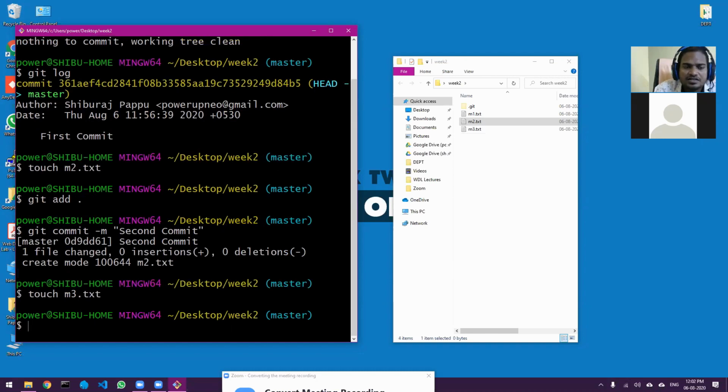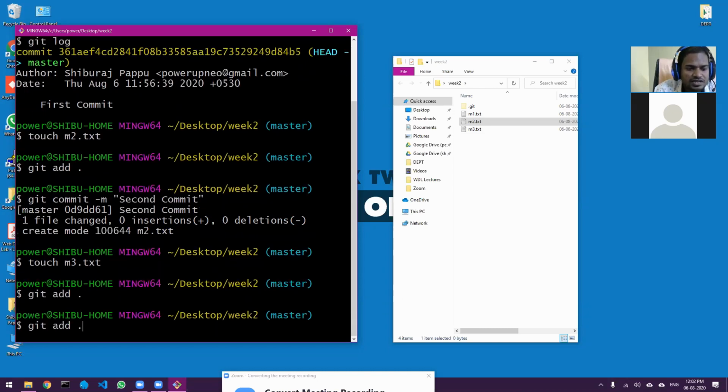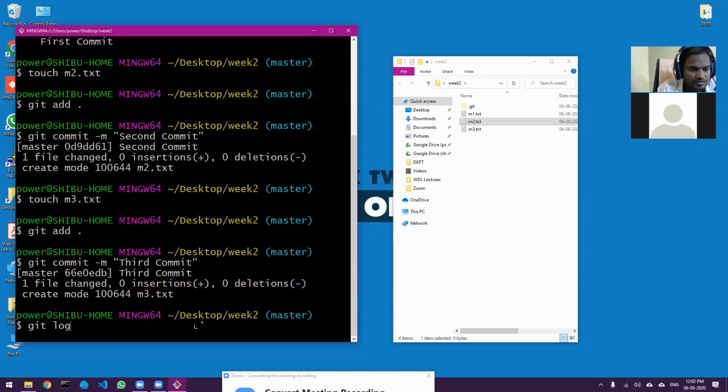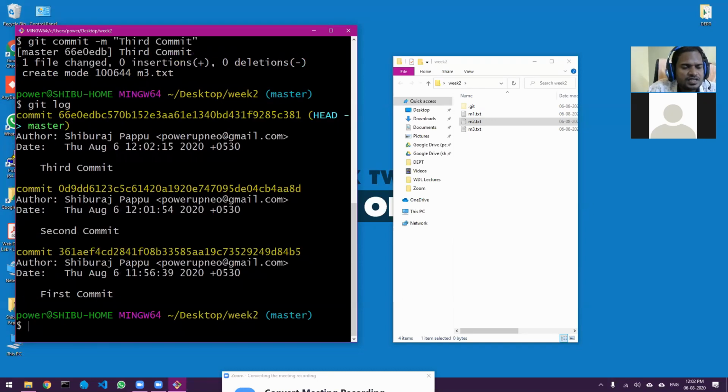So that creates a third file. And let me just add it to the staging area. Now the third commit. Now if I do git log, you can see there are 3 commits, right?